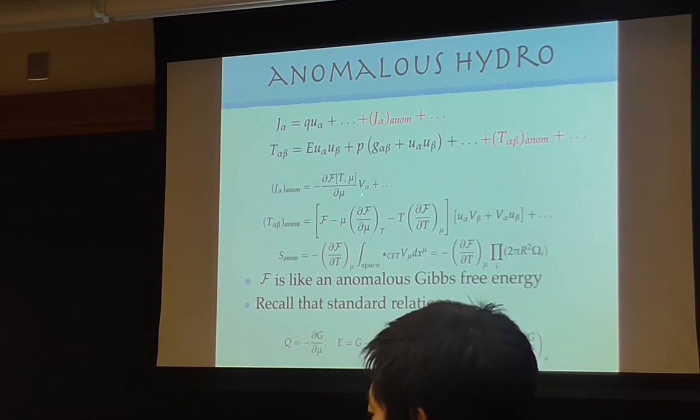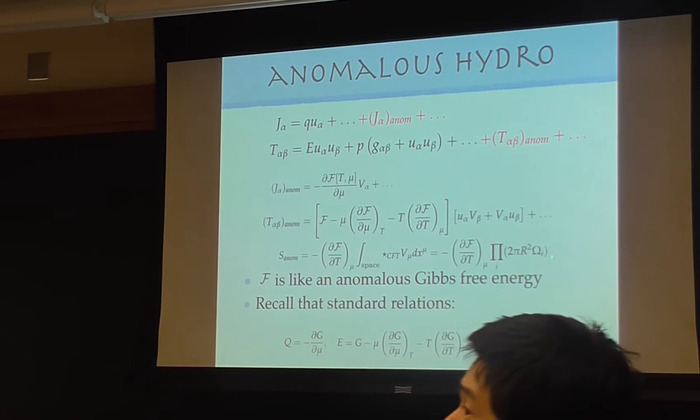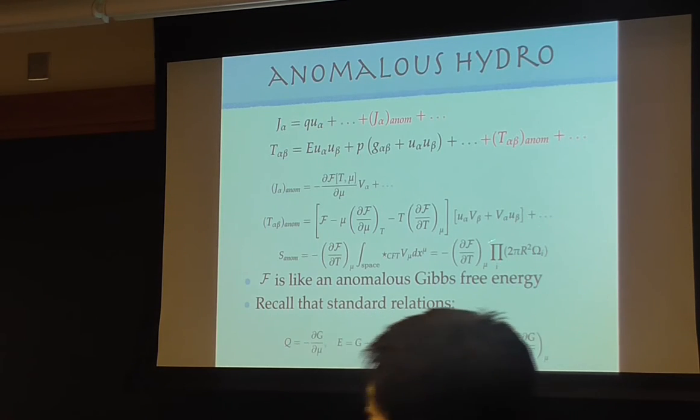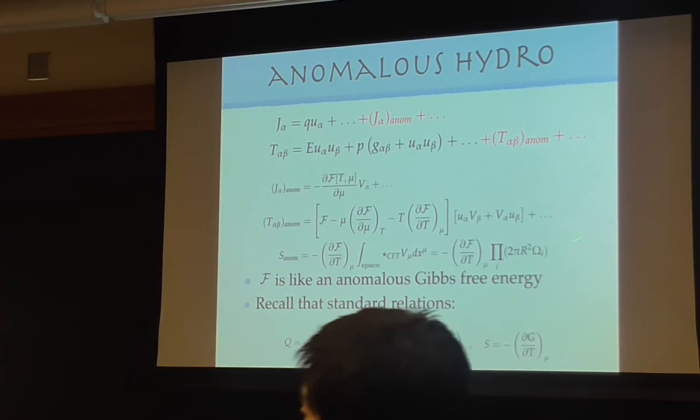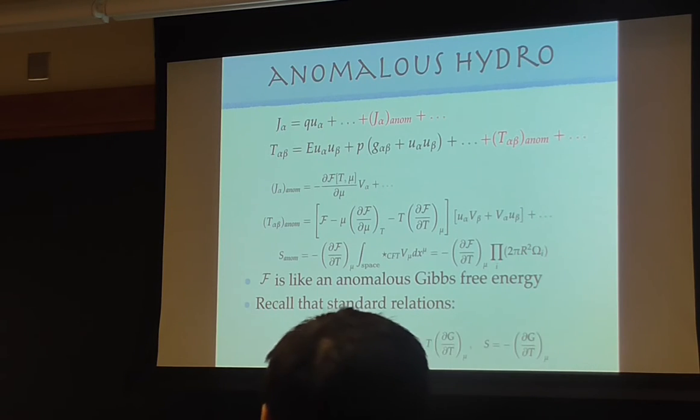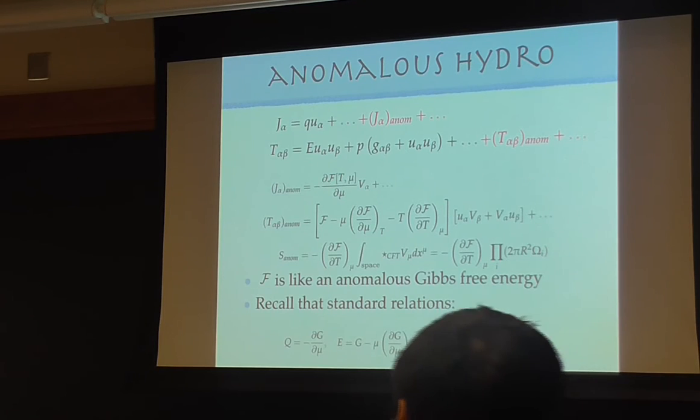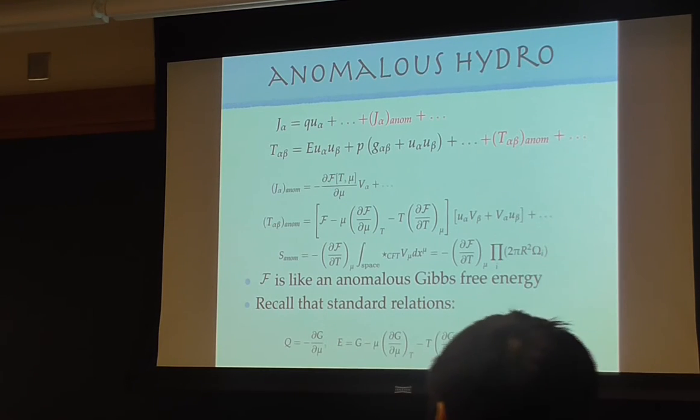Now, what these people told us is that anomaly contributions can be captured by one Gibbs free energy. And once you know that Gibbs free energy, you can take various derivatives, and they give you all the answers in the one-point functions you want, as well as in the entropy. And this is proportional to, so rotation, you have to turn on rotation in the two-dimensional QFT. Who showed this? This is work by Loganayagam, Kristan Jensen, not too long ago, maybe 2-3 years ago.